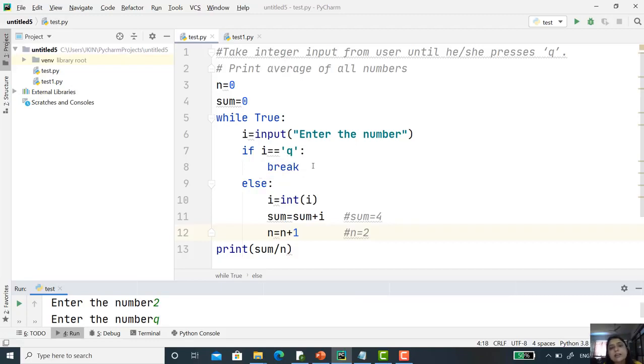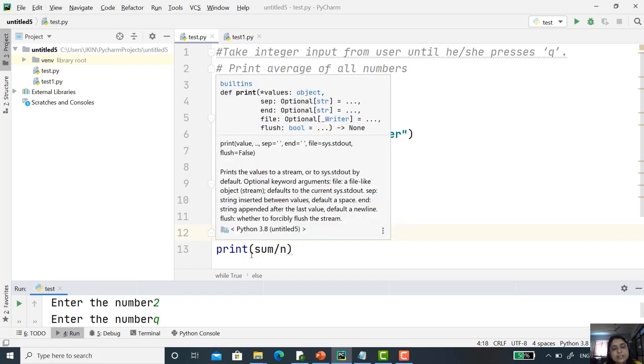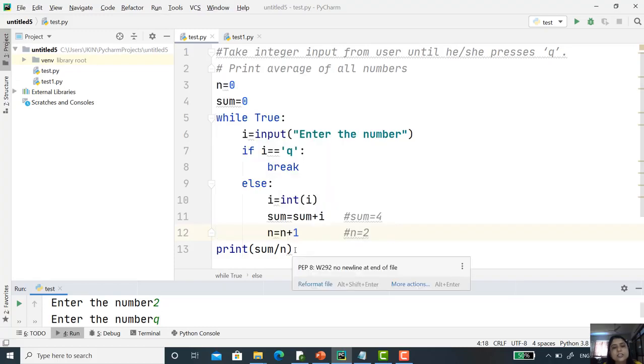It simply breaks the execution of the whole while loop. The first unindented line specifies that this is the end of the while loop. So it will print sum divided by n. In place of sum you put 4, in place of n you write 2. So 4 divided by 2, and the answer is 2. So I hope this code is clear.